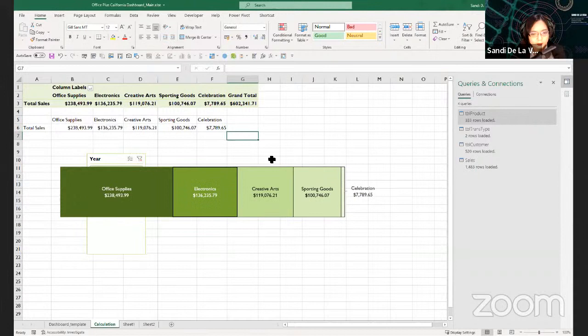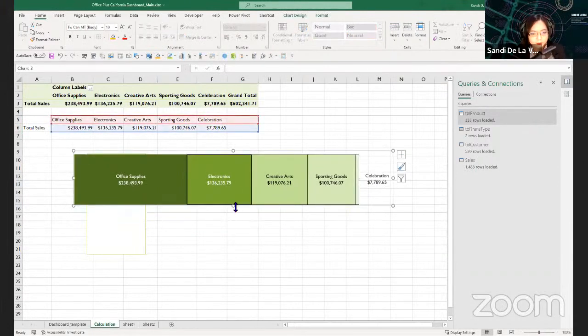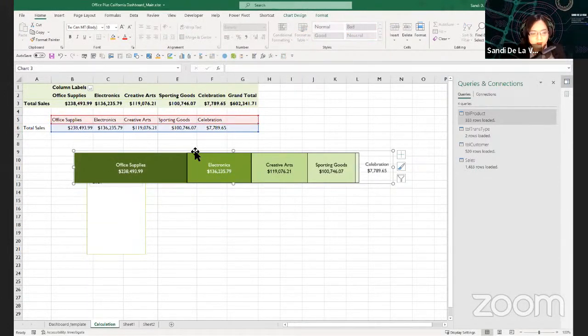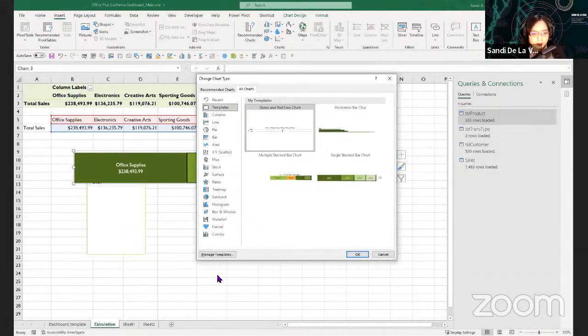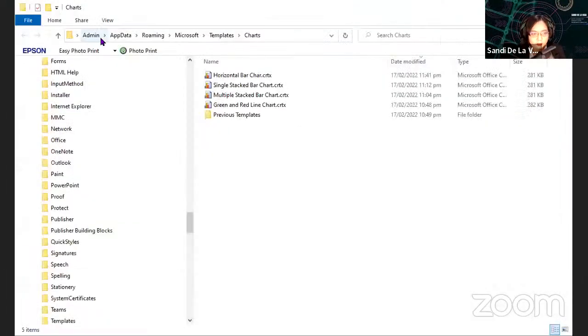Remove the grand total there. So you can save time using the saved templates if you downloaded them from the Google Drive. In order to upload them to your Excel templates, check the all charts templates and manage templates; there's a folder that will have a pop-up. This is the folder. So remember the file path name for your Excel templates for your charts. That will save you time in formatting the chart for our dashboard.